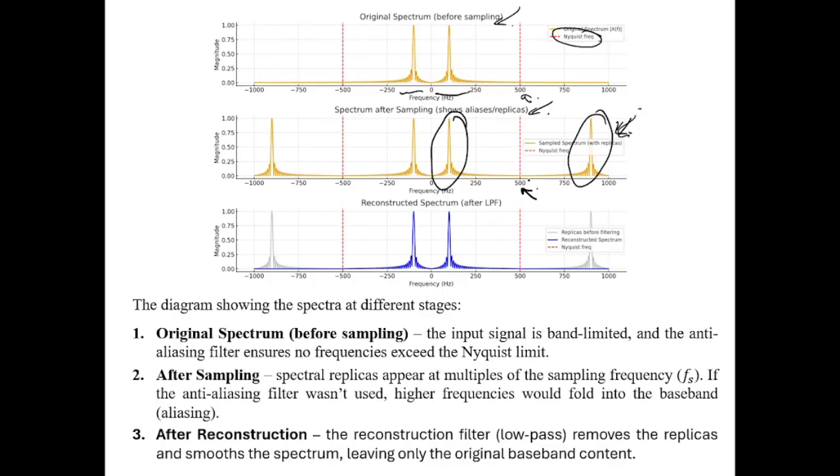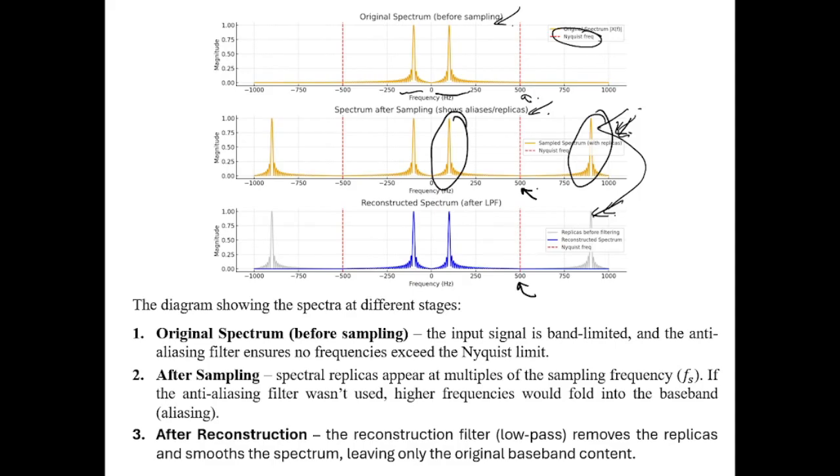Okay. Then after the reconstruction, what is happening? Again, we have to apply the same cutoff frequency. And by applying the same cutoff frequency, this additional frequency component is getting filtered out. Because what has happened? After sampling, this frequency component has been added. So we need to remove this. That removal is being done by this